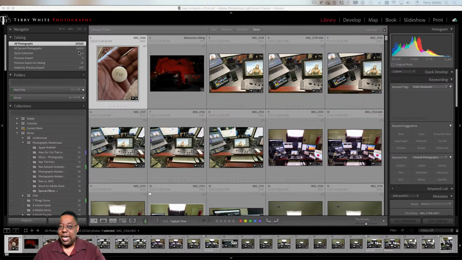We're going to go through an entire exercise where I'm just going to grab my camera. I've got my camera here. I'm going to take a picture or two. We're going to bring those in so that you see the whole process. And I'm going to show you how you can get those images into the cloud and how it differs from Lightroom Classic versus Lightroom.